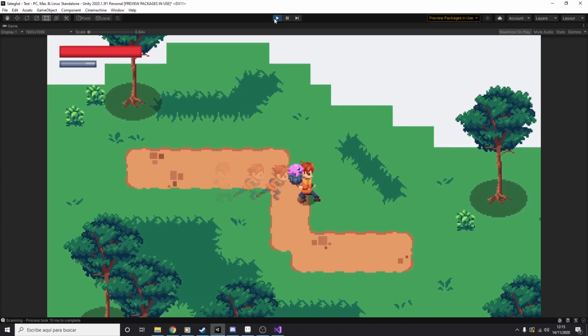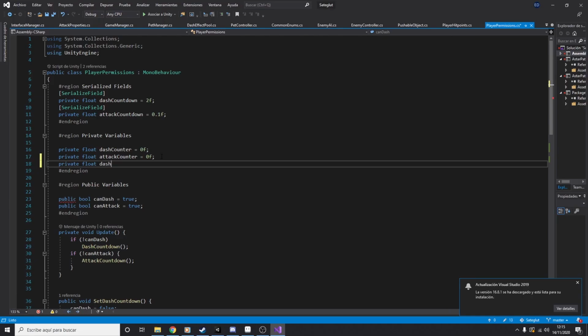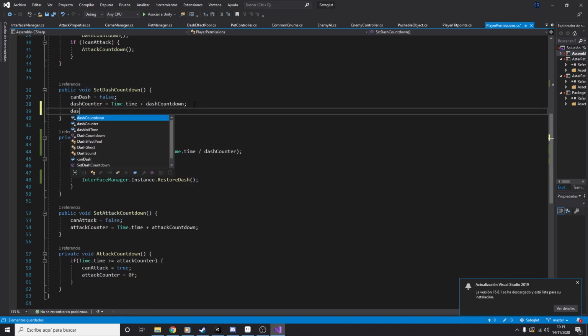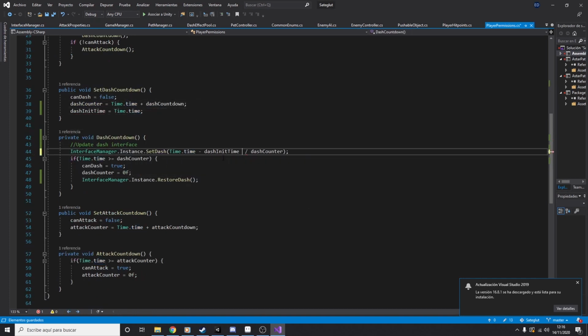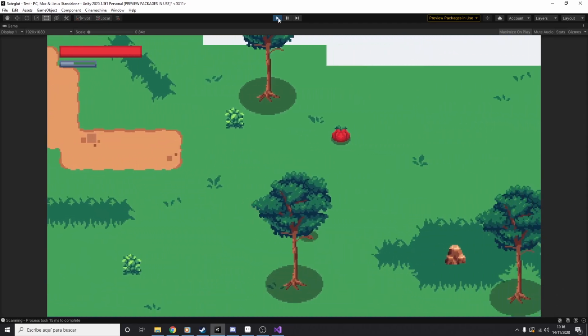But I did something wrong, as the bar was starting at 80% of the bar. The problem was that I didn't have in mind the time when the dash is started. Adding this time to the equation will fix the issue. I was pretty happy with the result, but I thought that the interface was hardly noticeable.